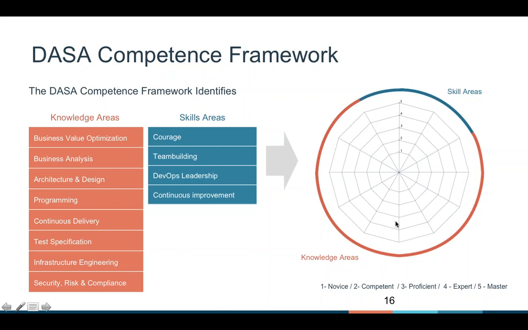If you plot those 12 areas on the circle at the right side, you see that we also made a spider web of it. That means that there's a 5-point maturity level behind it. So for each of the areas, you can be ranging from a novice to a master. And this is how we build products, plot those products and what they aim to achieve on this model, to